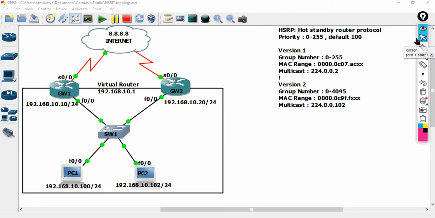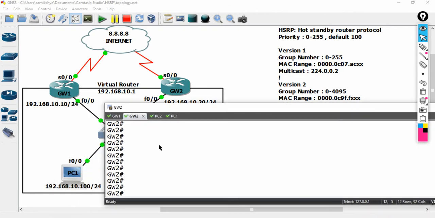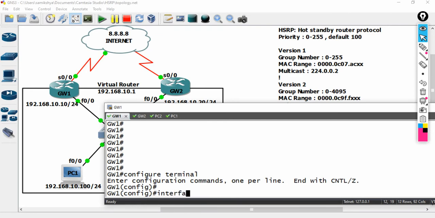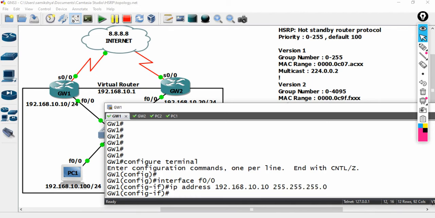So here we are going to enable HSRP. Let me configure it through gateway 1. Now enable HSRP.